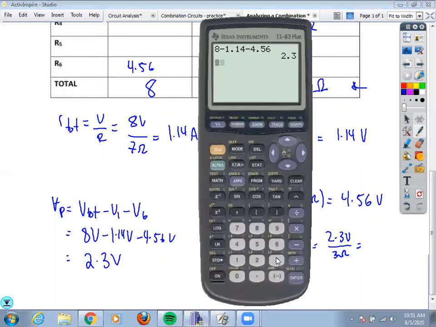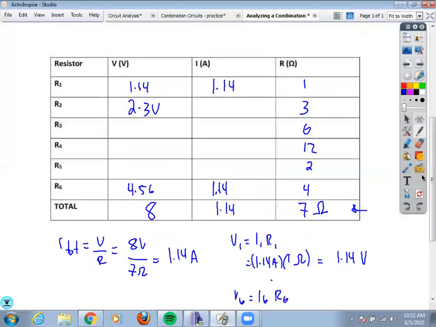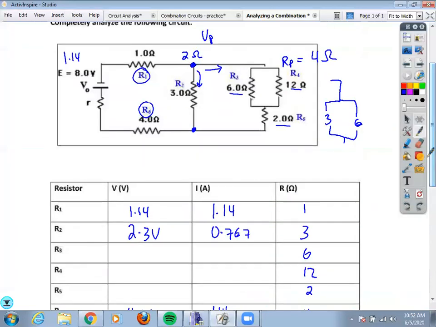2.3 divided by 3 gives us 0.7. We'll go to 3 sig figs, 0.767 amps. So I2 would be 0.767 amps. So if this side is 0.767 amps, then this side,